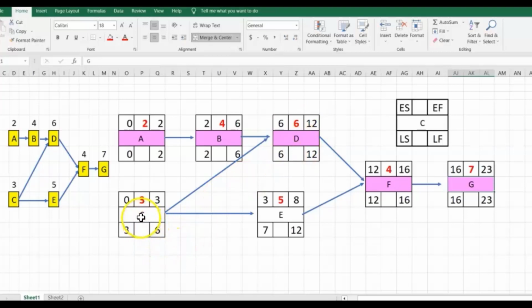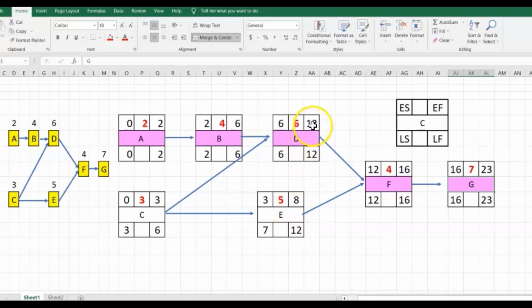Now, when we look at C going into E, because C is finishing at 3, it means E can start at 3. And the duration is 5, so it means an early finish of 8. Now we are going into F. One of the activities is finishing at 12 and one finishing at 8. As you go forward, you take the latest. You cannot take E because